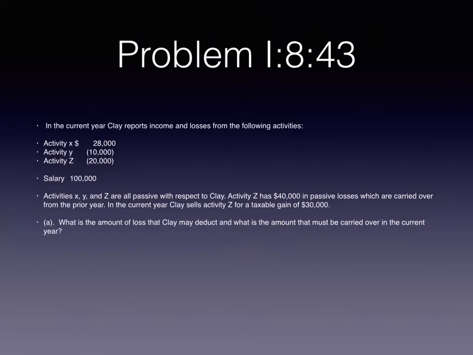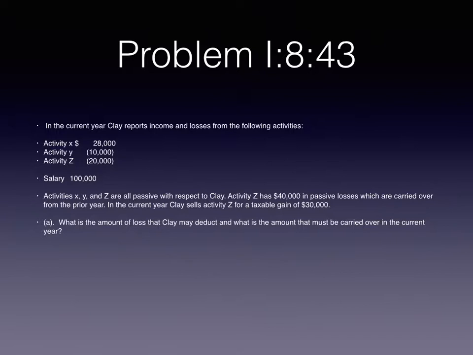So here in this question, what is the amount of loss that Clay may deduct, and what is the amount that must be carried over in the current year? Well, the fact that he is getting rid of all of his interest in activity Z should trigger in your mind from the reading, okay, I remember that when you get rid of your interest in a passive activity, then all of the carried over losses from prior years are able to be used in that current year to offset